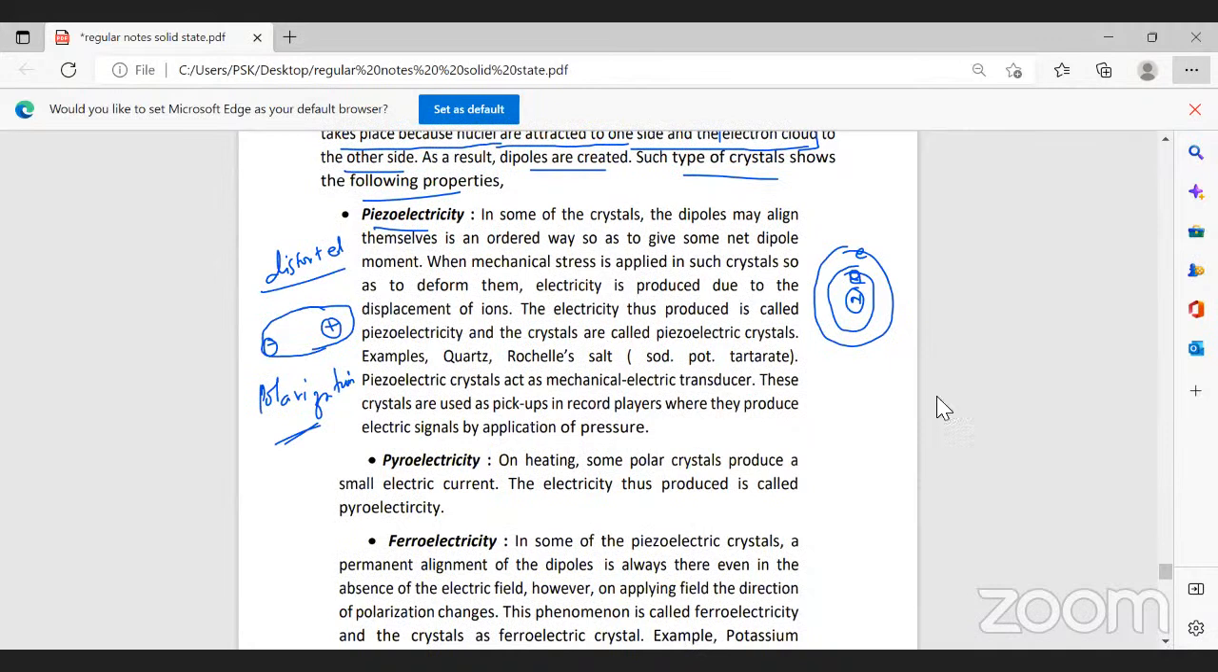In some of the crystals, the dipoles may align themselves in an orderly way so as to give some net dipole moment. When mechanical stress is applied in such crystals so as to deform them,